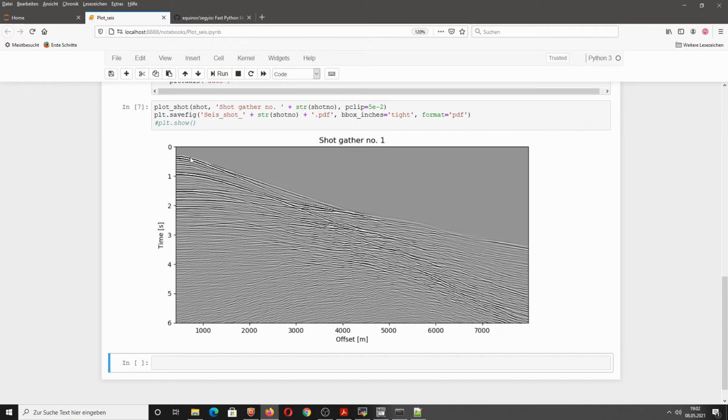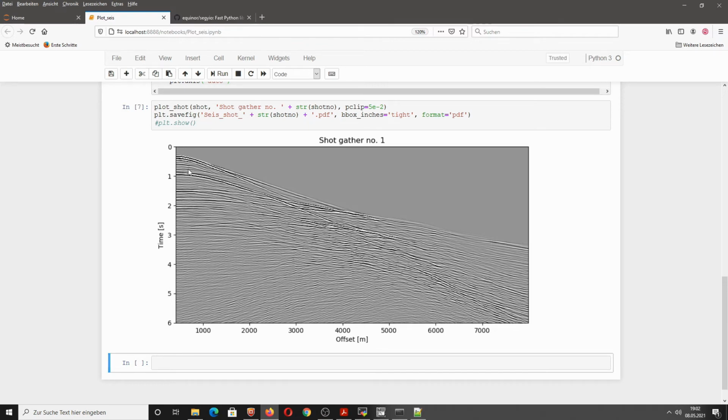And what you can see is a very complex wave field, not really surprising because the underlying model was also quite complex. What you see here is a direct wave, and then also some refracted waves. We see the slope of the first arrival is changing to some degree.